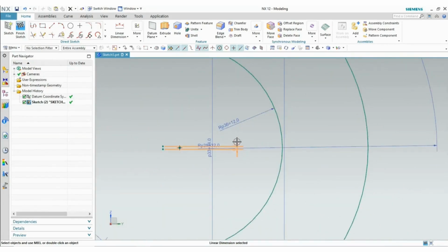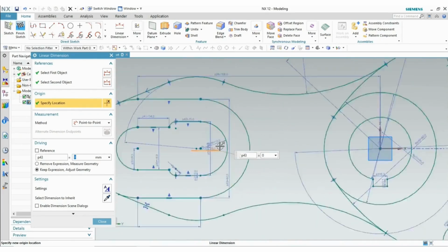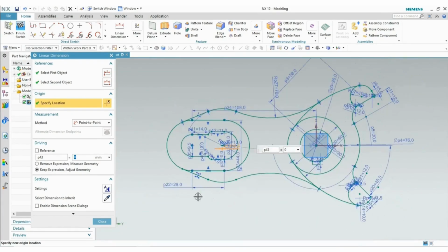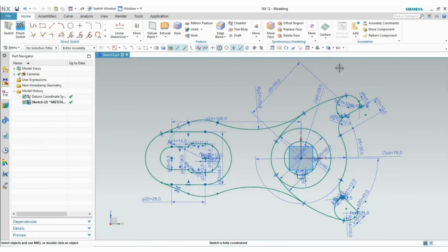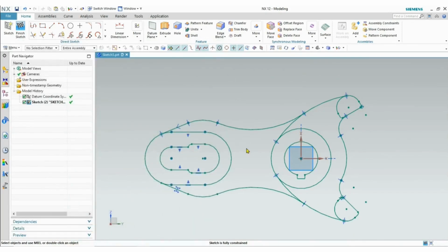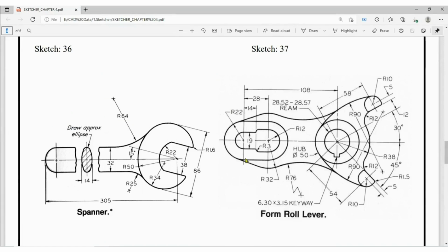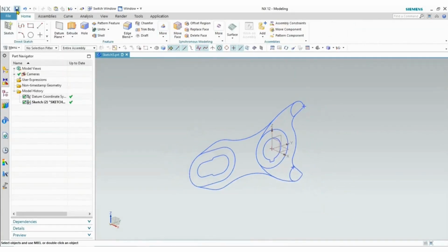Okay, now here 0.33. So here if we make it 0, okay, now it is fully constrained. Okay, so it matches the given profile if we see in the drawing. Okay, so we'll just save this one. Okay, now